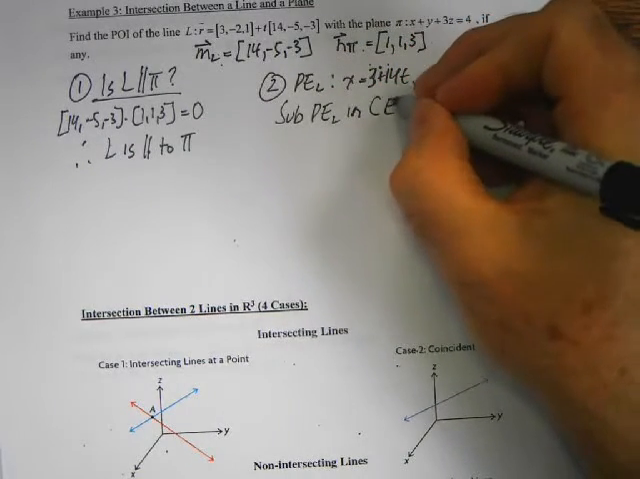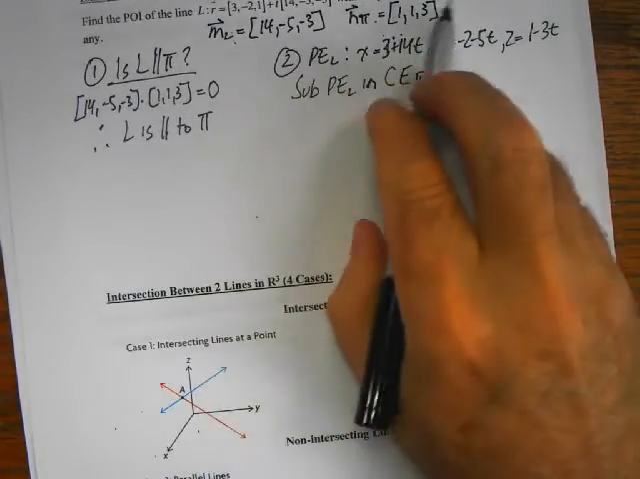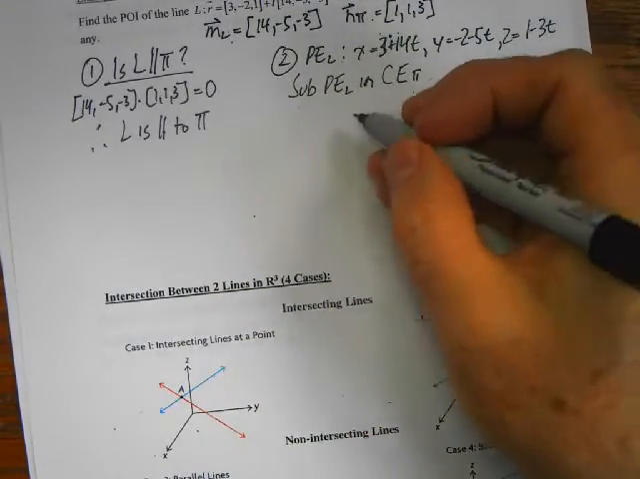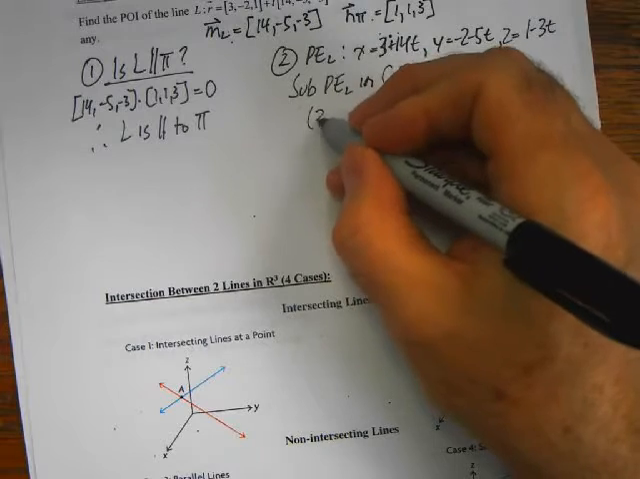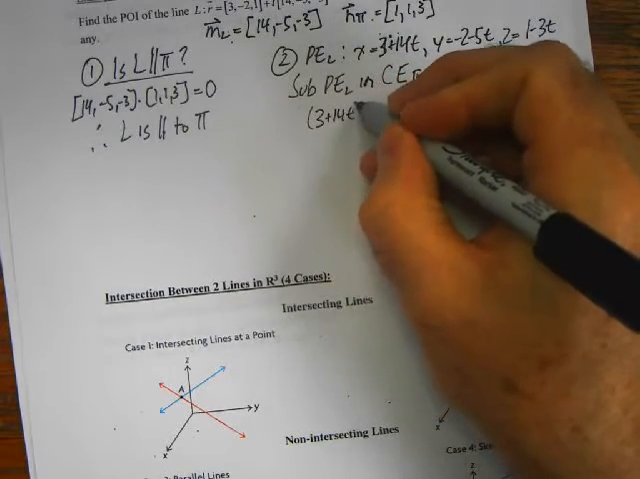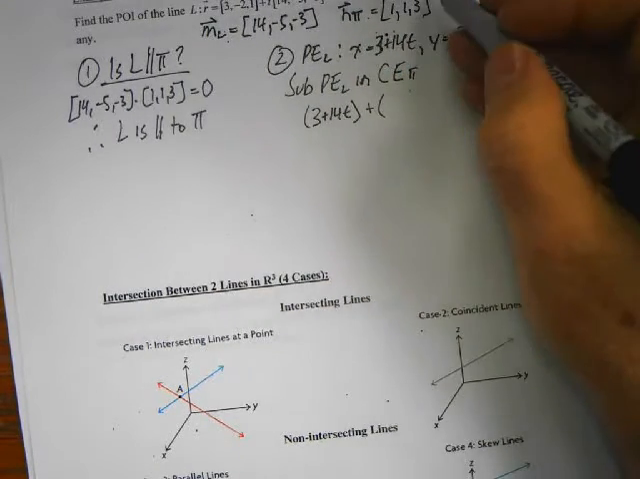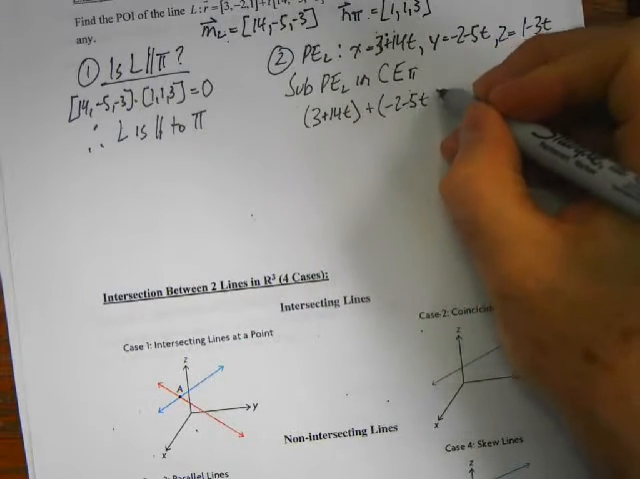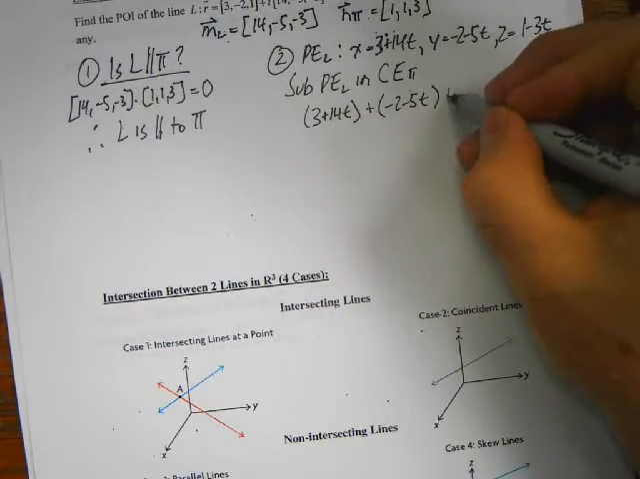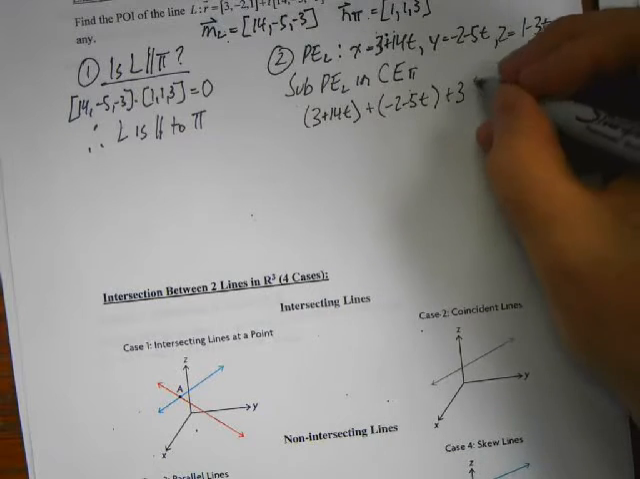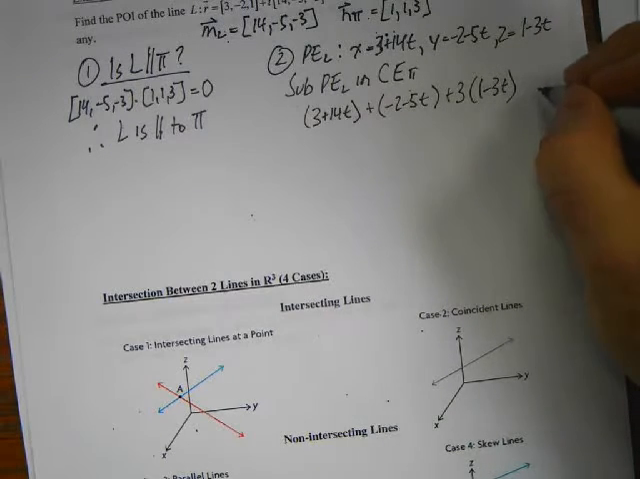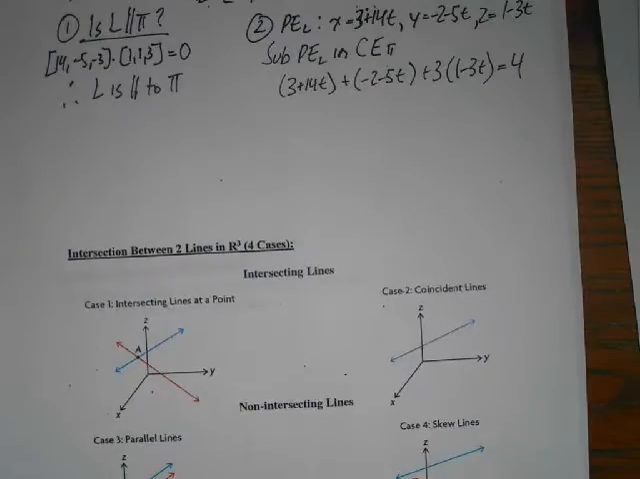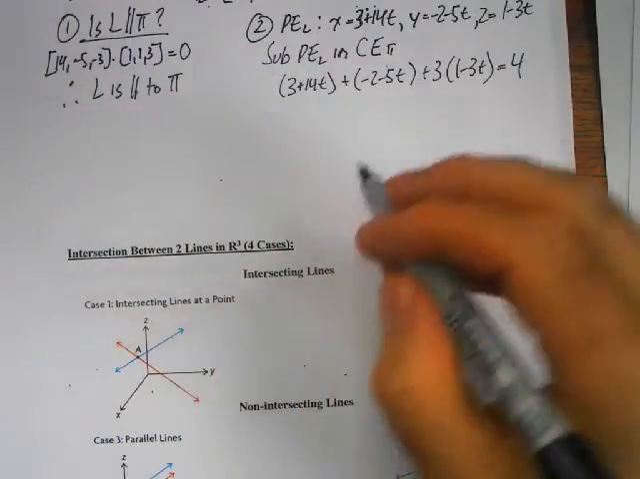So start with the plane, we have x, so that's 3 plus 14t, plus y, so the y is negative 2 minus 5t, plus 3z, and z is 1 minus 3t, and that's equal to 4. So if we simplify this all out, we end up getting 0t equals 0,